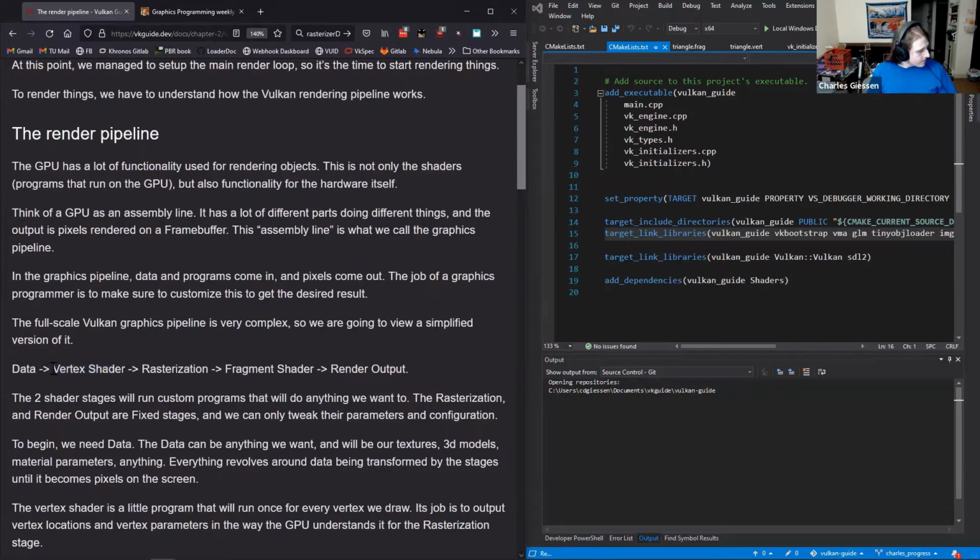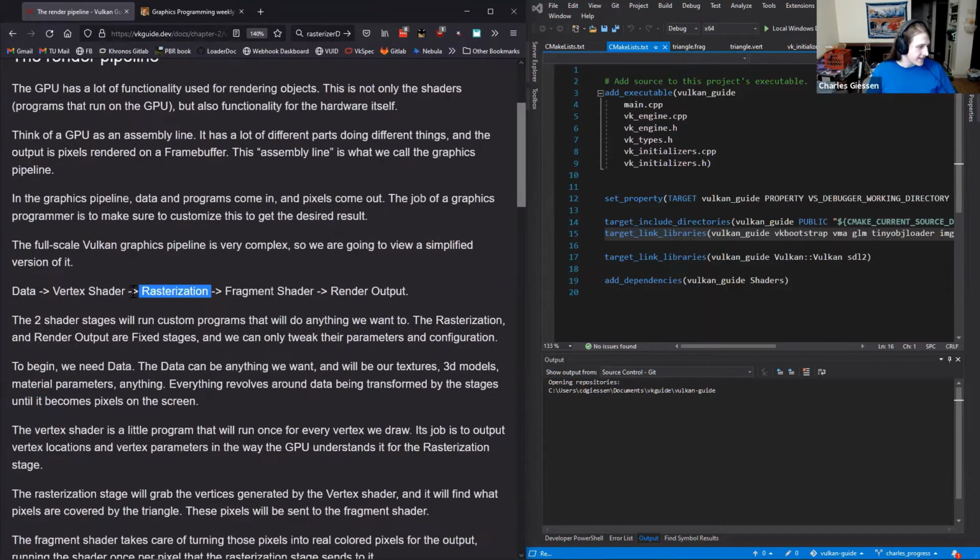And the first programmable part of the pipeline is the vertex shader. A shader here is a piece of code that runs on the GPU. We run it on some of the data, and then we rasterize the outputs of that shader. Rasterization is the process of turning vertices into pixels. So it's taking 3 vertices, drawing a triangle, and then putting it over a frame buffer and figuring out which pixels in that frame buffer need to be rendered, i.e. rasterized. So it will give us a list of pixels to draw, and then we feed that into the